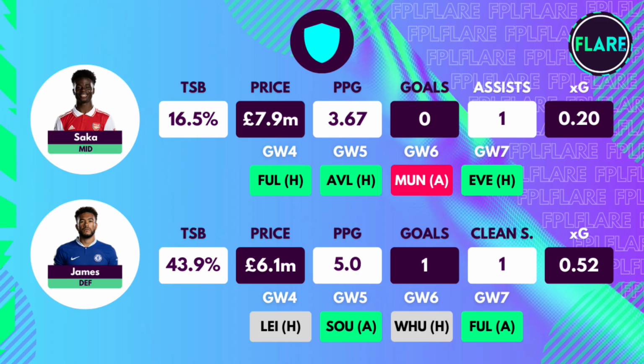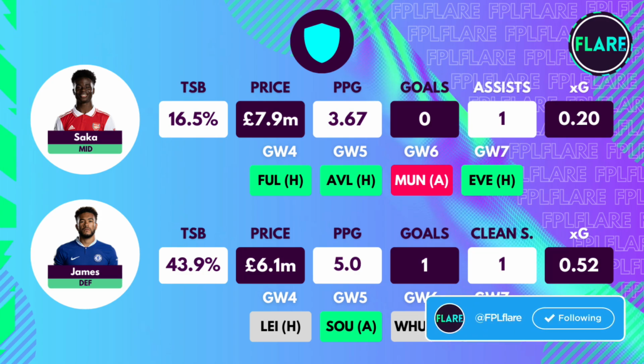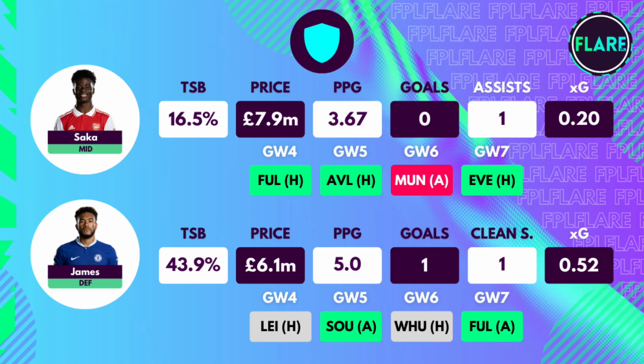The first one here is Bukayo Saka, who has definitely frustrated in the last 2 game weeks, producing no goals or assists over this period. In fact, on the year he's just produced the 1 assist for Arsenal, which was a bit fortunate as it was an own goal from Mark Gahey, so I definitely think it could be even worse for Saka for his